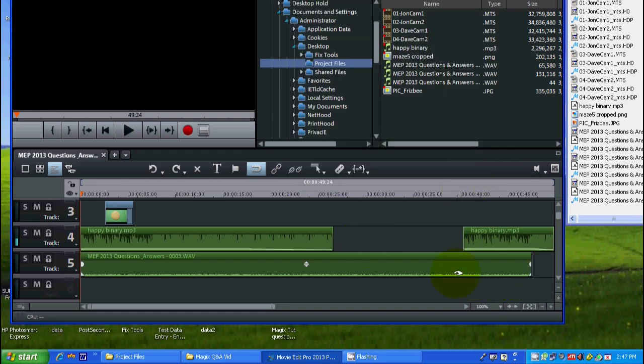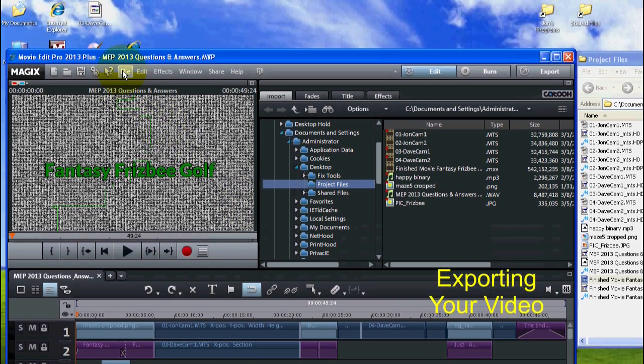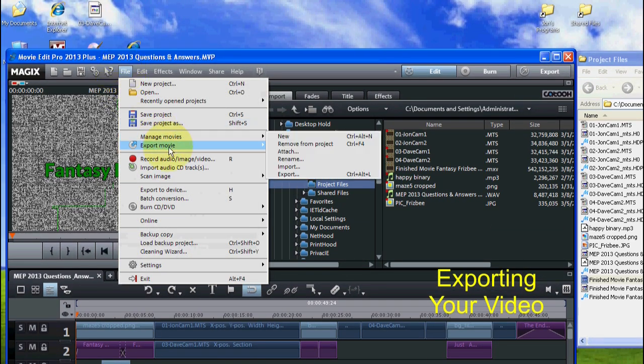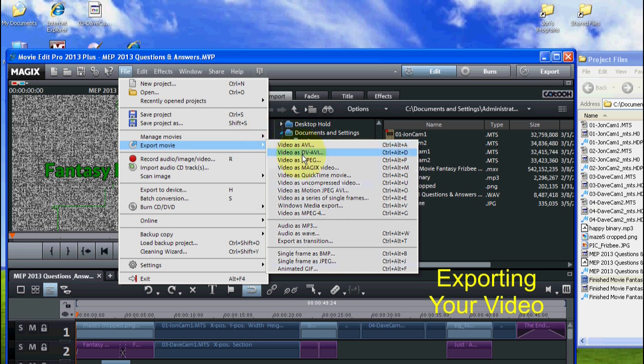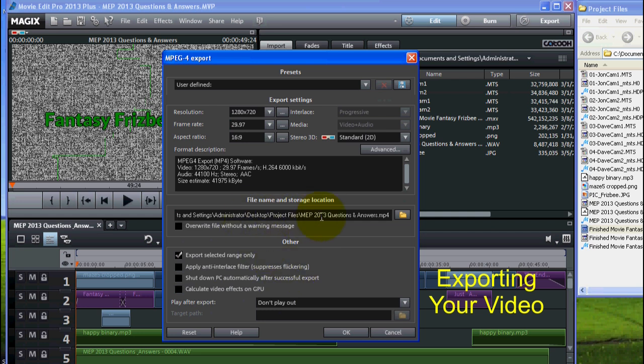and we're done. Okay, now that the video is completed, we want to export the video. So to do that, we're going to go up here to File and then Export Movie, and I'm going to export my movie as MPEG-4 because that usually works well for YouTube. And I'm going to export it as a 1280 by 720. That's 720p, and I got 29.97 frames per second, and a 16 by 9 aspect ratio, which is what my movie is. Now I'm just checking the path to see where it's going,